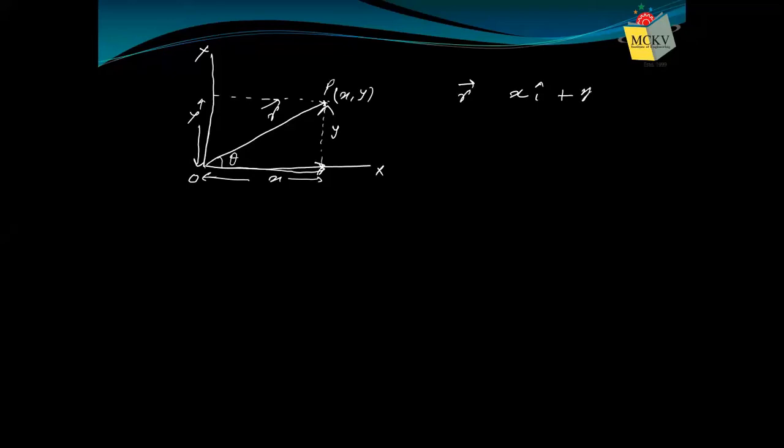So y j cap. J cap only tells you the direction and y is the magnitude. So if I go directly along this direction or this path, I'll reach point P in any way. So if I travel this path, that means xi, then yj, this is the path. If it is three-dimensional, then another quantity should be written. So R can be represented as xi plus yj plus zk, normal vector thing. I don't believe in prerequisites, that's why I always try to tell you that thing. So R can be represented by this.